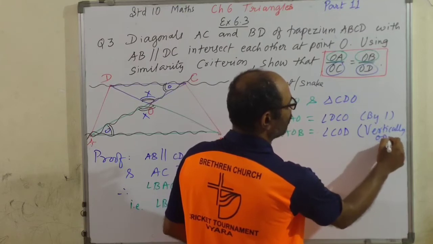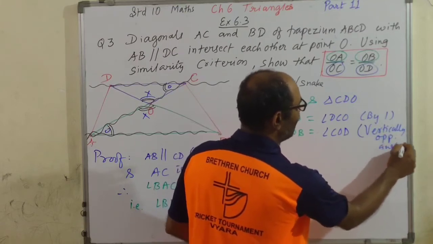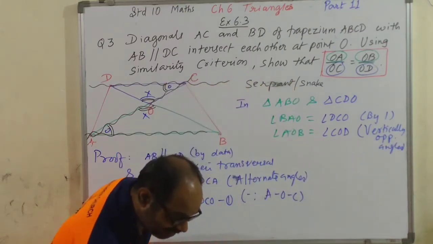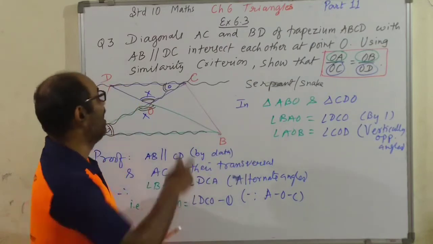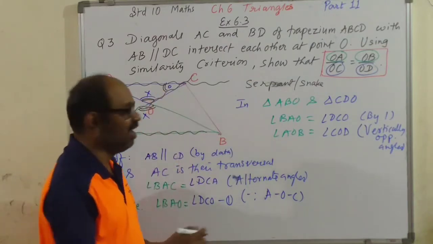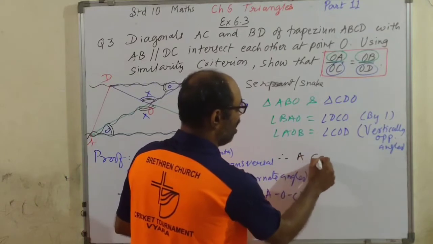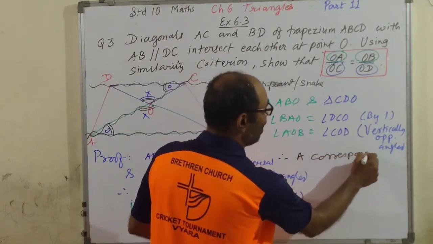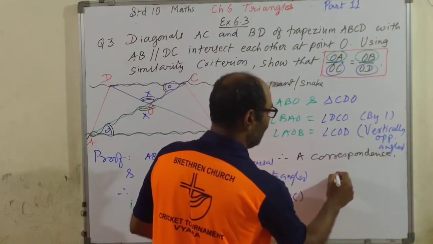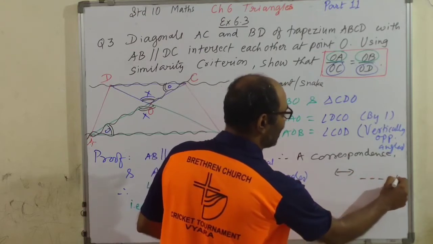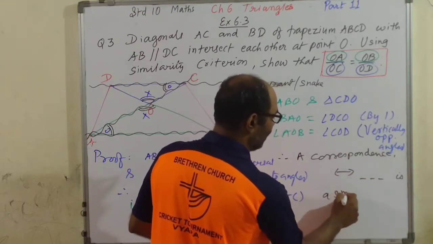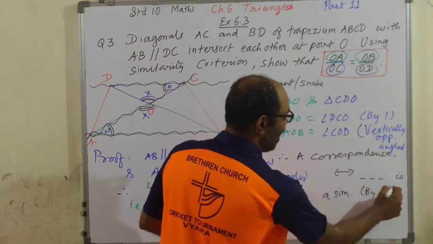Vertically opposite angles. You may write that. Fine. So AA is satisfied. Two corresponding angles are equal. Therefore, a correspondence is a similarity by AA